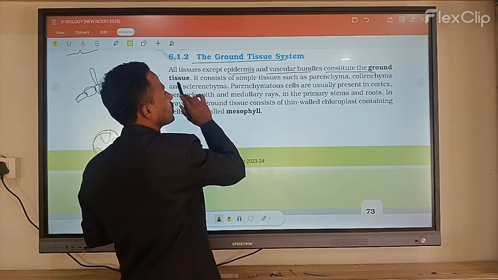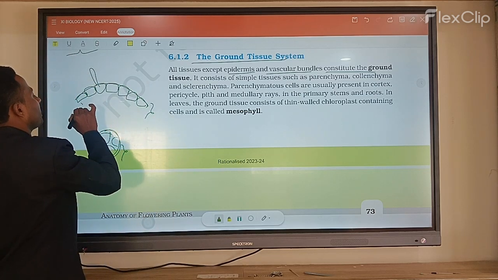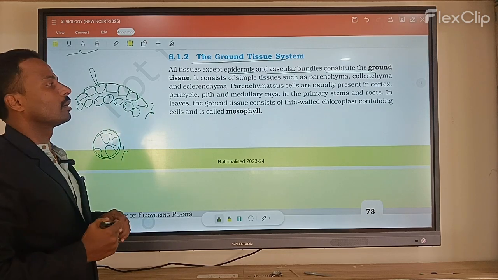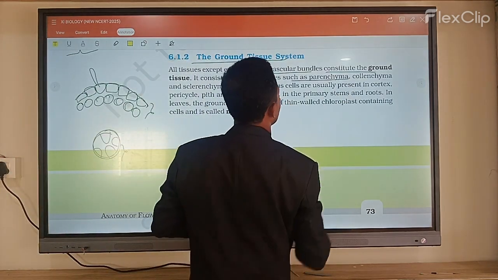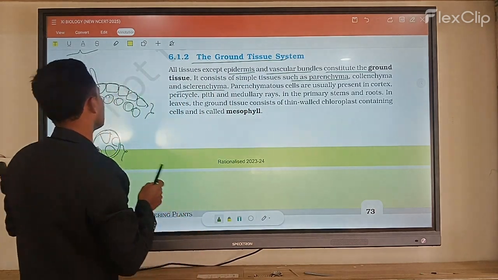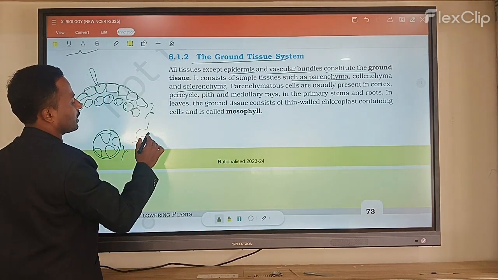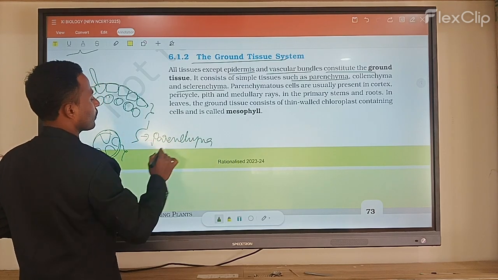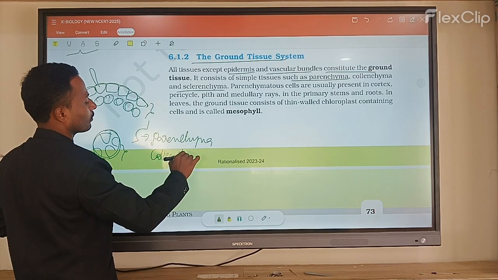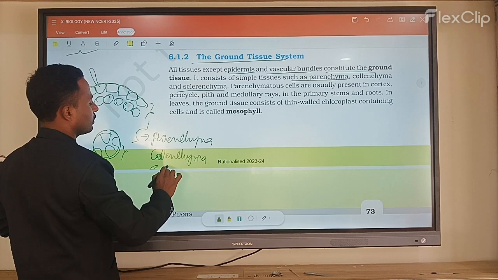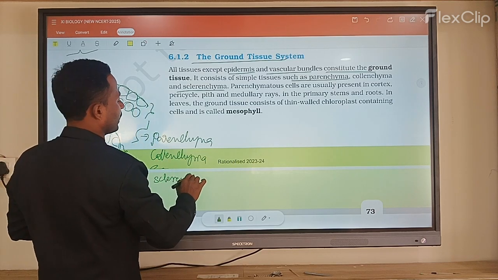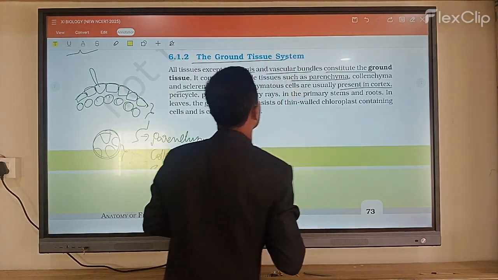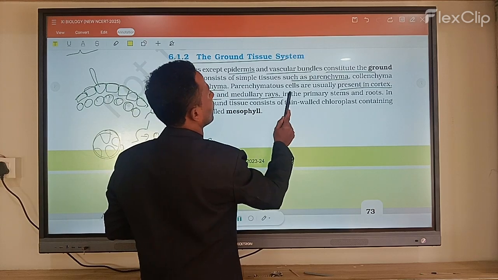The remaining is called what? Ground tissue. This part is called ground tissue. It consists of simple parenchyma, collenchyma and then sclerenchyma. This part is made up of parenchyma, parenchyma, and then here the sclerenchyma tissue. Now the parenchyma cells are usually present in the cortex, pericycle, pith and medullary rays in the primary stems